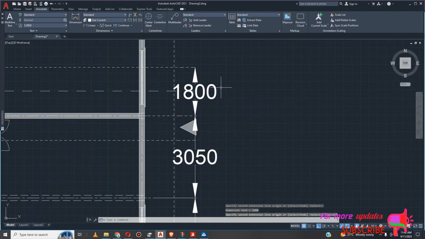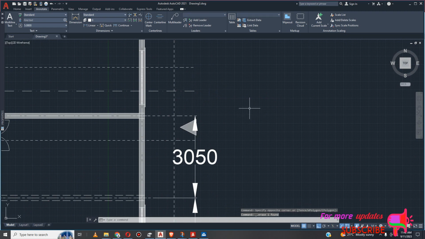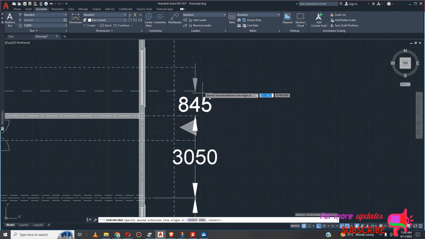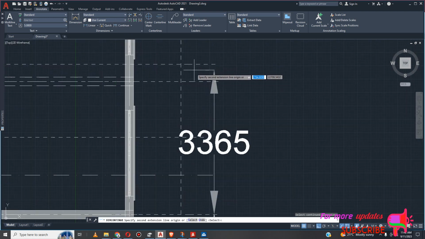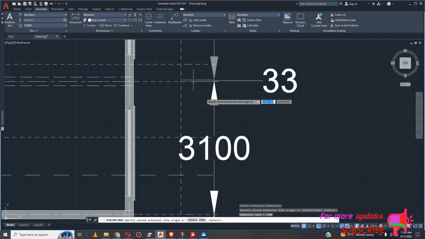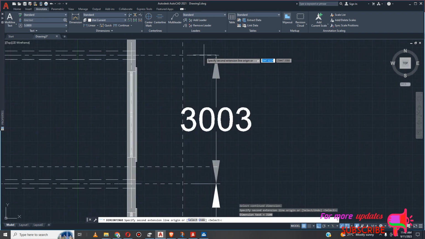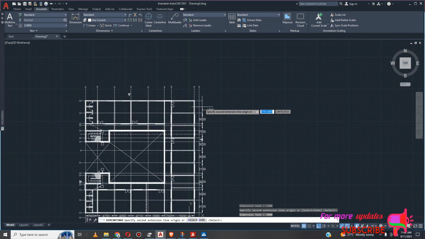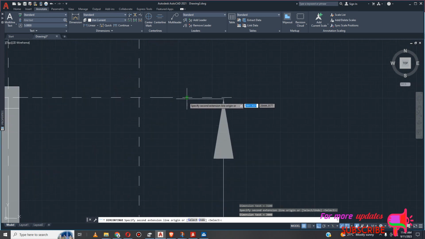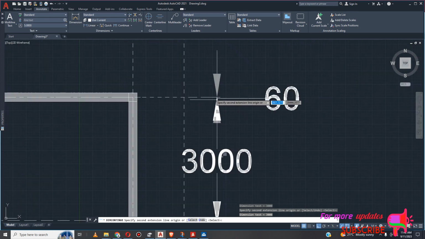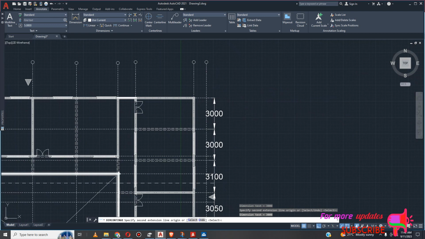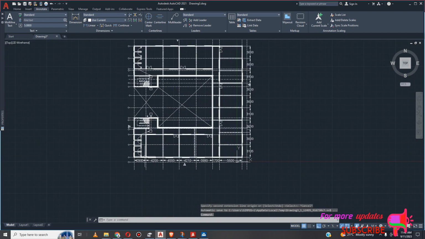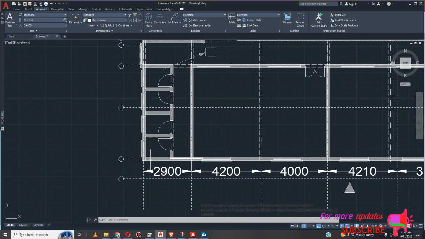Oops, not there. Sorry for that. So continue, just touch there, then we move up to this grid. Okay, and then up to there, and then up to there. So you can see those distances. So I also need to measure this side. Okay,